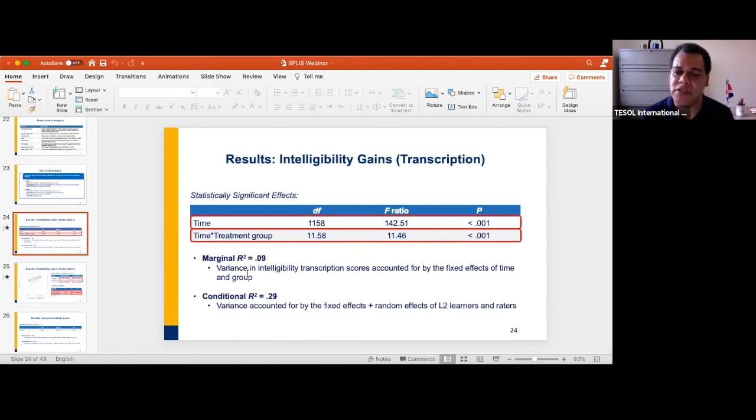Do you think that raters' L1 background might have affected the results in some way? What did rater training involve? Okay, that's a very good question. First, I'll get back to the first part of the question.